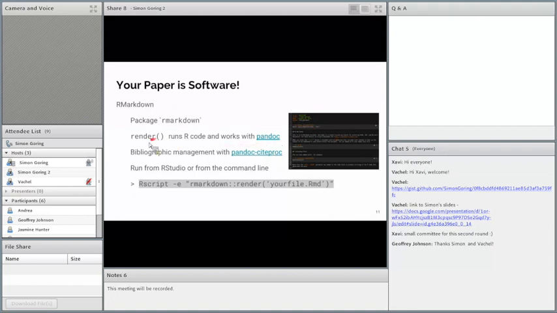So when RMarkdown actually renders your document, it runs the R code and sticks the outputs into the document itself. So you wind up getting an HTML file or a PDF or a Word document that integrates all of your analysis and your text. And that's really been a big change for me, because what it means is that that document becomes software effectively,